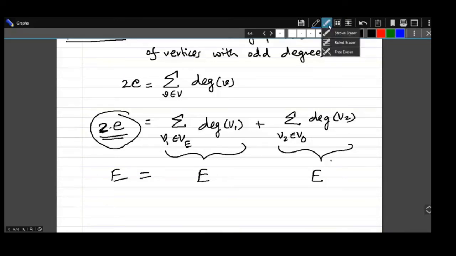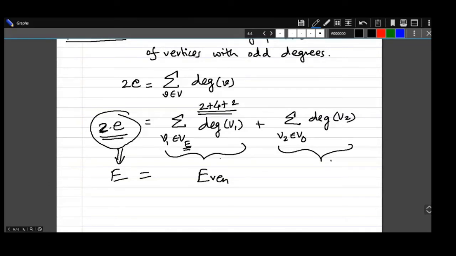This is given, that you straightforwardly know. Here all the vertices have even degrees, so you add them a number of times. Say 2 plus 4, it is going to be even, plus say 6 or whatever. Even if the number of vertices having even degrees is odd, it doesn't matter, the sum is going to be even. So this is even.